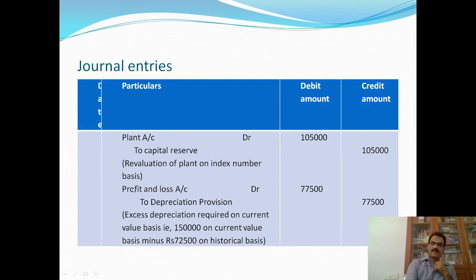Then depreciation. The difference in the depreciation is charged to profit and loss account. The journal entry will be like this: Profit and loss account to depreciation provision 77,500. That is the excess of depreciation required on current value basis. That is, 1,50,000 is the current value depreciation minus 72,500, the historical base depreciation, which is equal to